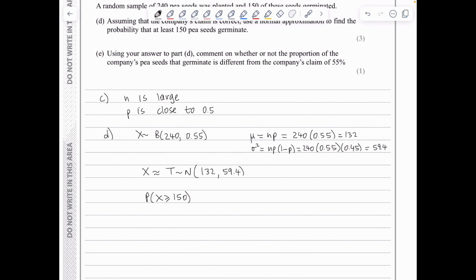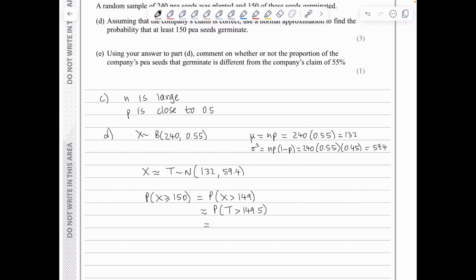So we need to add or subtract the 0.5. Well, one way we can do this is to write this statement as a strict inequality. So being greater than or equal to 150 is exactly the same as being strictly greater than 149, and therefore I take the midpoint of the 150 and the 149, so this will be approximated by the probability of t greater than